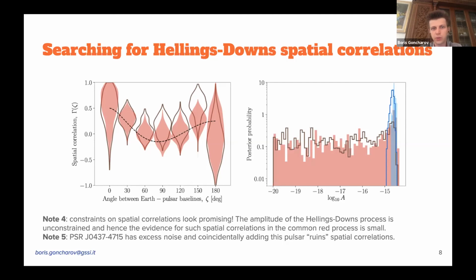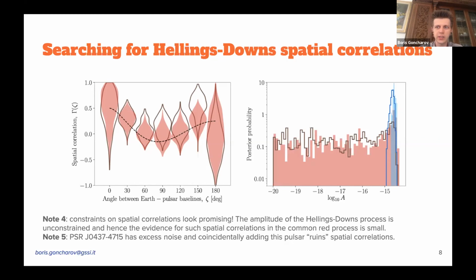So this is what is shown on this slide. On the left, there is a figure where we try to fit for the spatial correlation coefficients, and the dashed line is the smoking gun of the stochastic gravitational wave background, which is the Hellings-Downs spatial correlation. It lines up really well, as you can see. However,